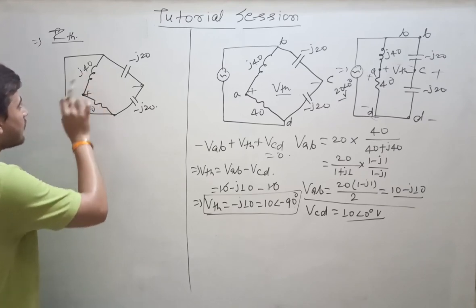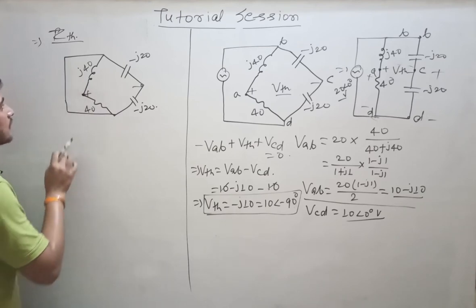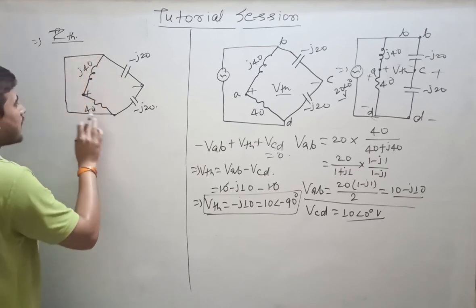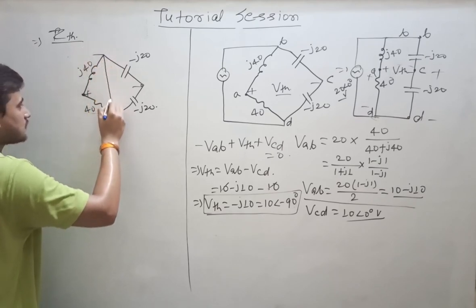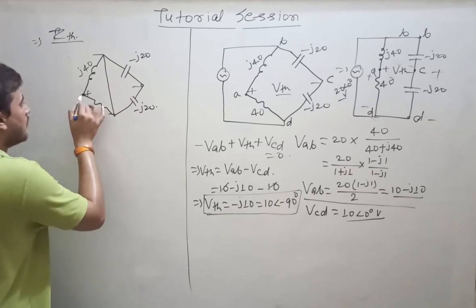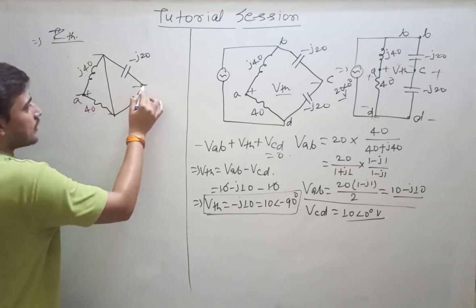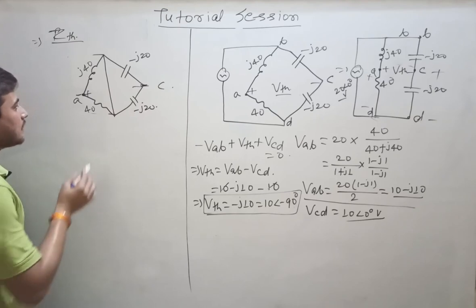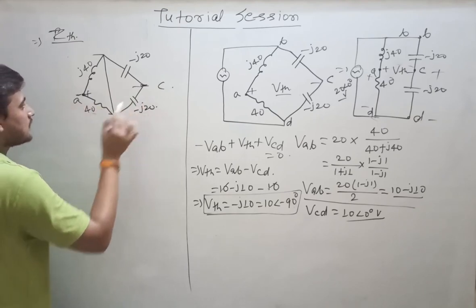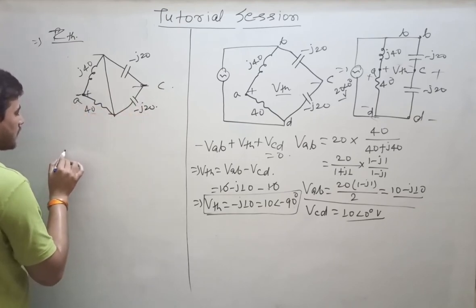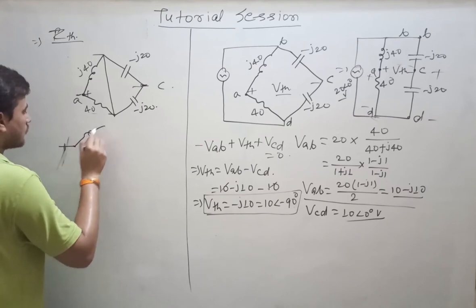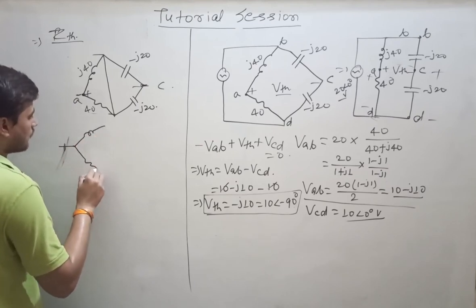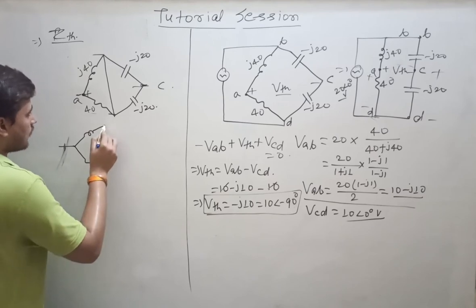Here the circuit may be looking complex, but you see one thing, the wire which is connected like this one, you can connect this wire by this one also, then no problem. Here the point is A, here the point is C. Now if you have to find AC, that means Thevenin's impedance, then you can redraw the circuit like this one. Clear?